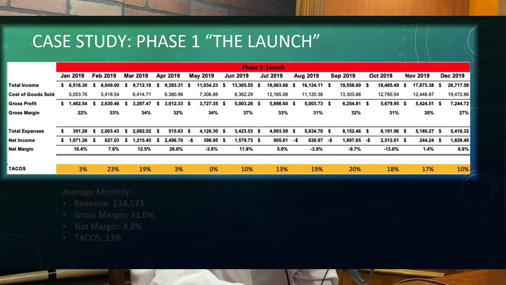And so, as I look through this P&L in most months, we're going to have somewhere between $10,000 and $15,000 of revenue, and if you look at net income, it is generally around $1,000. Pretty low. And so this was an instance where I was self-managing PPC. We were doing a lot of break-even sales, and my TACoS wasn't quite dialed in. So anyway, if I look at that 12-month period and I graph out my net margin, right? This is going to be net income divided by revenue.